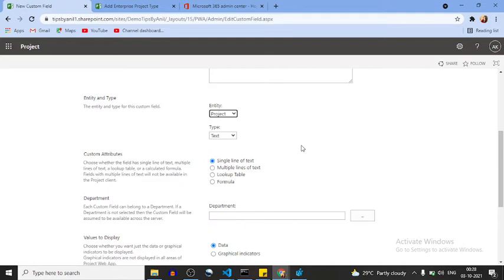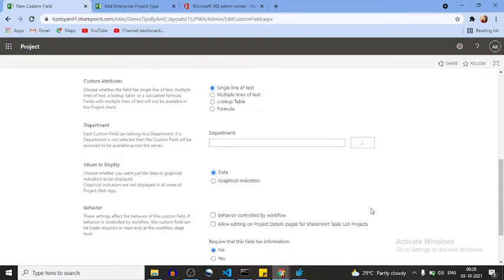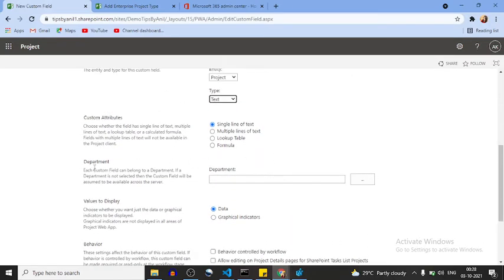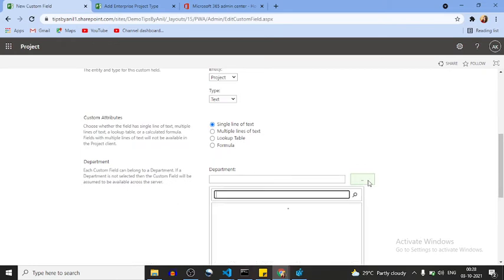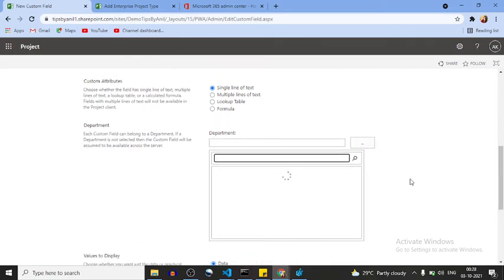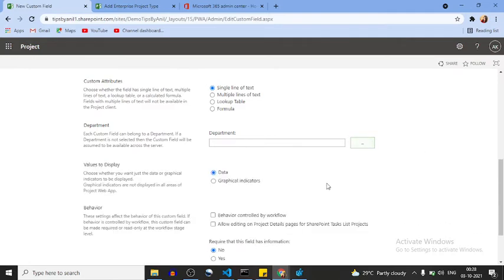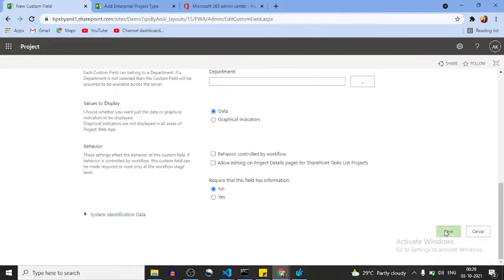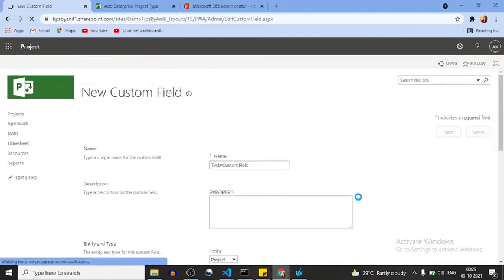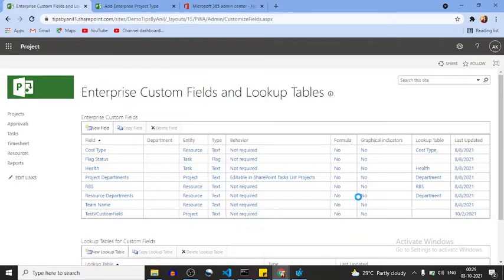So basically a custom field is the attribute, and the type can be text, cost, date, duration, flag, number, whatever you want to create. Single line of text, and here we are going to define the department, for which department we are going to create this custom field. Okay, so right now we haven't configured the department one. Let me click the save button. Okay, so our custom field has been created.